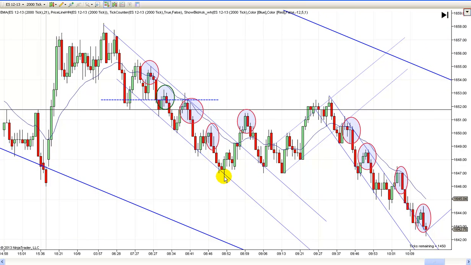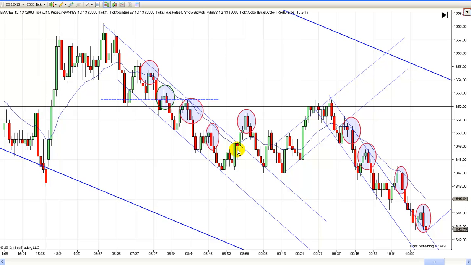But look right here. Here's a good example. That's a two-legged pullback to the EMA. And look, it looked like it was going to reject prices, but then it closes up here and it keeps going out. You got to wait for rejection